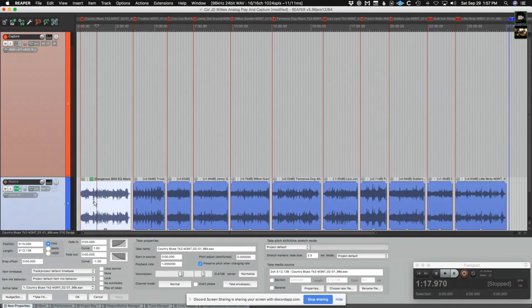I'm trying to think. Waves makes the WLM, the Waves loudness meter. I use a handful of meters. Just from a purely visual standpoint, I really love the Dorrough meters. I can show you